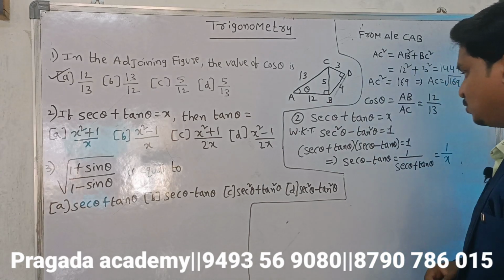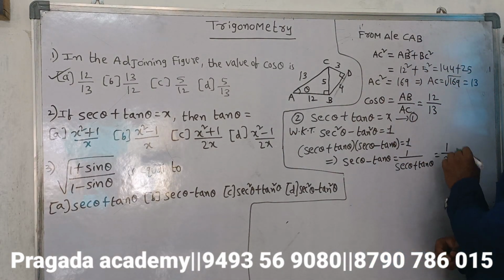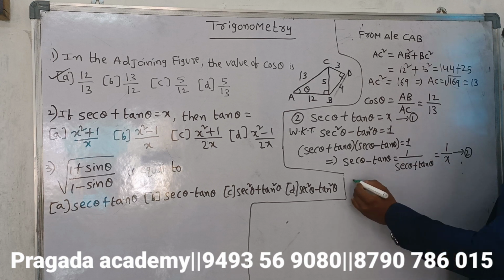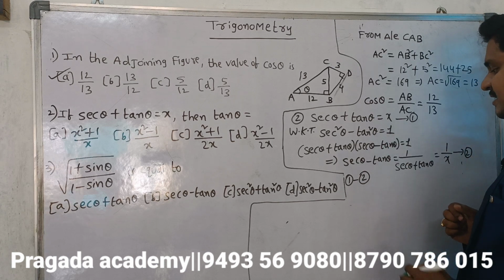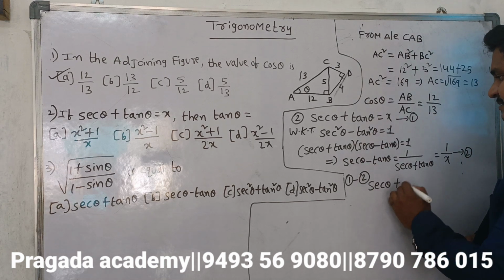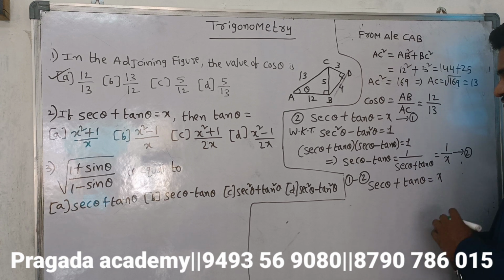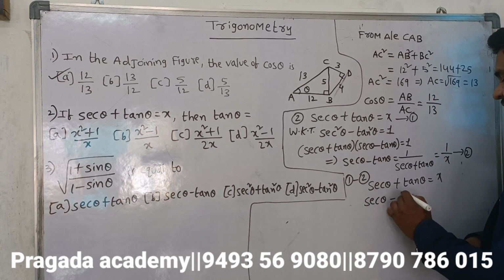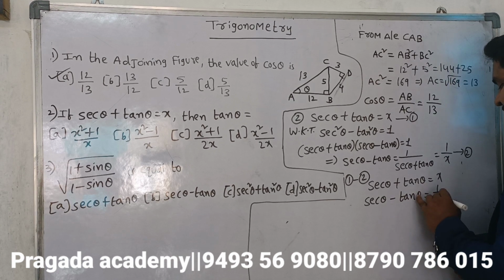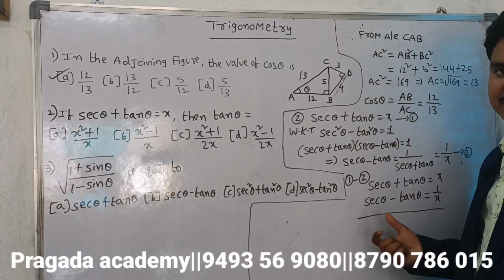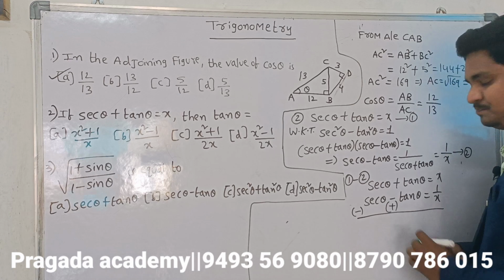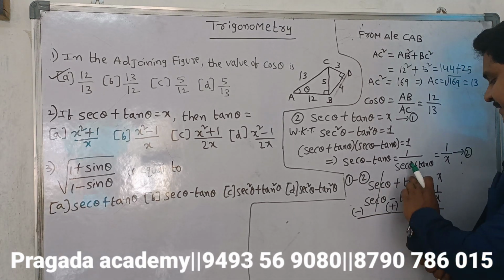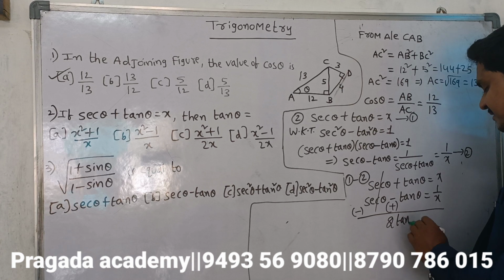What are they asking? Tan theta. This will be equation 1, and this will be equation 2. If you apply subtraction, equation 1 minus equation 2, then secant theta cancels and you get the tan theta value. First equation: secant theta plus tan theta equal to x. Second equation: secant theta minus tan theta equal to 1 by x. When subtracting, we change the signs of the second expression: plus changes to minus, minus changes to plus. Secant theta minus secant theta is 0. Tan theta plus tan theta is 2 tan theta, equal to x